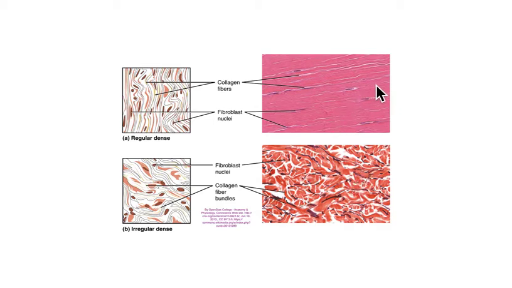But in all cases, you can see right here, there's a large collagen fibril, and then another large collagen fibril, and then some more collagen fibrils, and stuck between them are the nuclei, you can see, of the fibroblasts. The fibroblasts maintain the collagen fibrils. Now in this particular case, these red fibers, these are the collagen fibrils, and they're all very long,